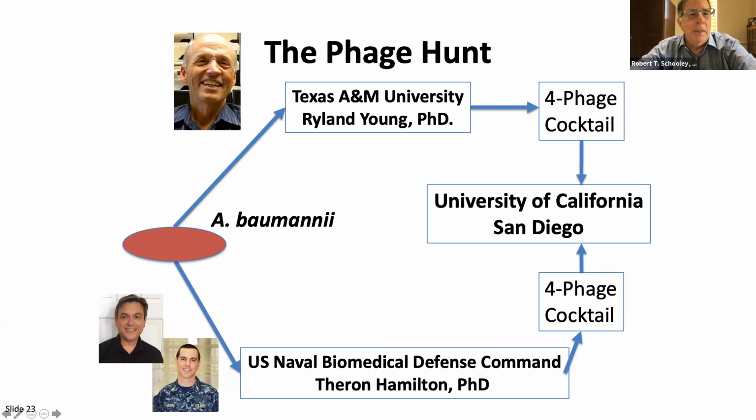We got in touch with them. The ones at the Navy in particular had a whole library of phages that were active against Acinetobacter, and they too agreed to screen Tom's organism for phage that were active against his A. baumannii. And over the course of the next couple of weeks, both labs found 4 active phages. And in a process that was a bit of a scramble, we were able to purify them to the point that we were able to give them to Tom